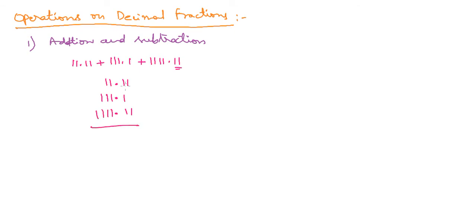Now I can simply add as a normal addition. So this is 1 and this is 1, so I can write it as 2. 1 plus 1 plus 1 is 3, then the dot, then 3, 3, 2, 1. So this is the addition. So the answer would be 1233.32.